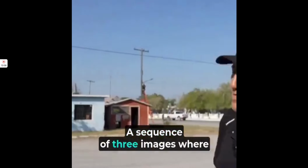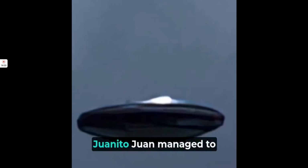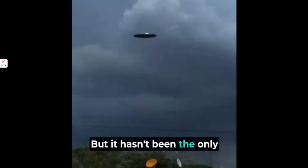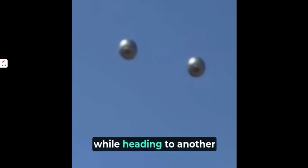A sequence of 3 images where this object moved quickly, but before it did, Juanito Juan managed to photograph it 3 times. But it hasn't been the only event. On December 29, 2022, he managed to photograph with his cell phone for the first time a sphere near the area where he lives. A few hours later, while heading to another area of Vallehermoso, he captured...